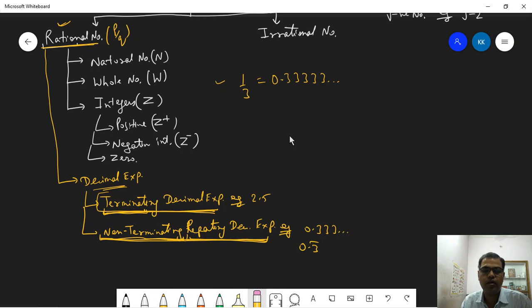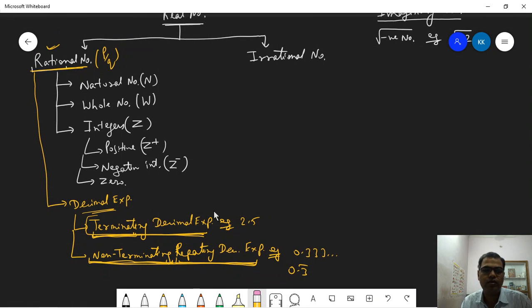Okay, now what about irrational numbers? As the name suggests, irrational numbers are those numbers which are not of the rational form, the p upon q form. So the definition is: the numbers which cannot be written in the form of p upon q, where p and q are integers and the denominator, that is q, is not equal to 0. For example, if we write